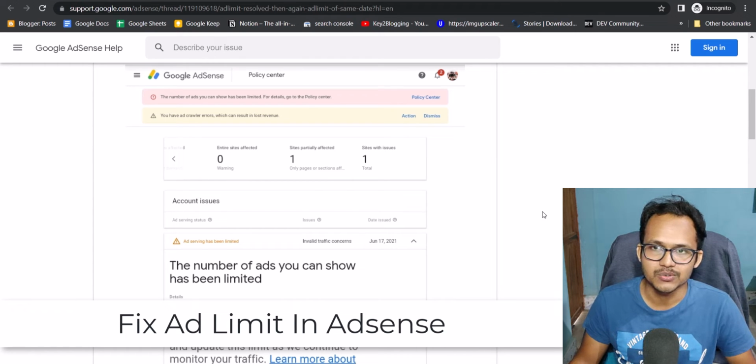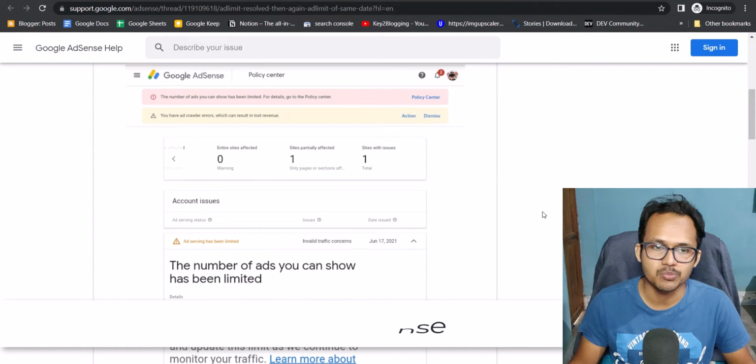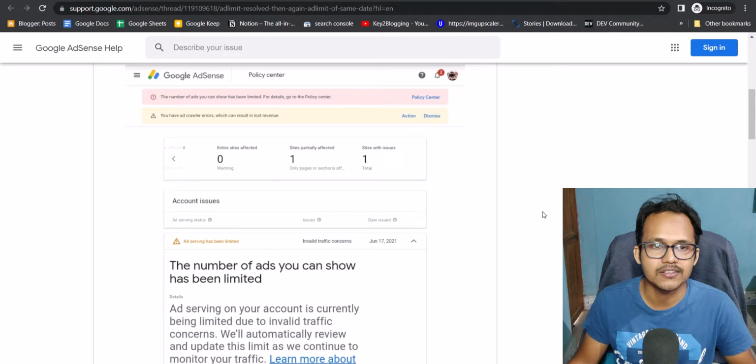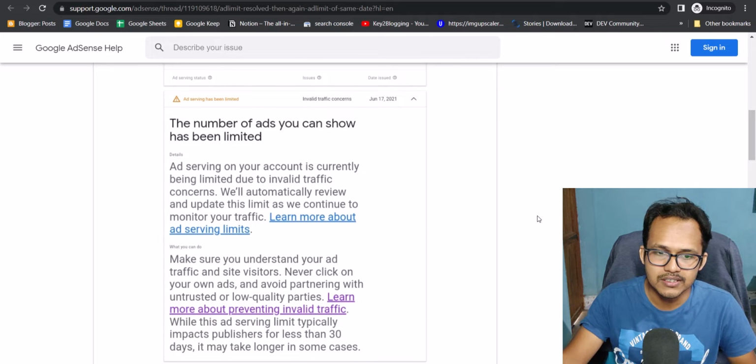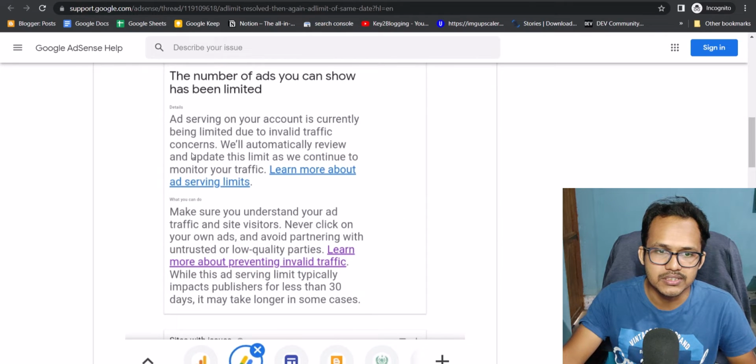So if you are using AdSense, then you may have faced this type of error like the number of ads you can show has been limited. For details go to the policy center, and if you click on this notice, then you will see this error